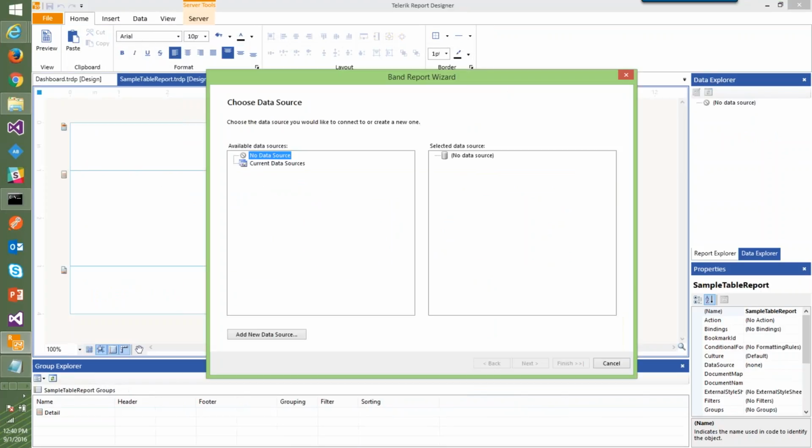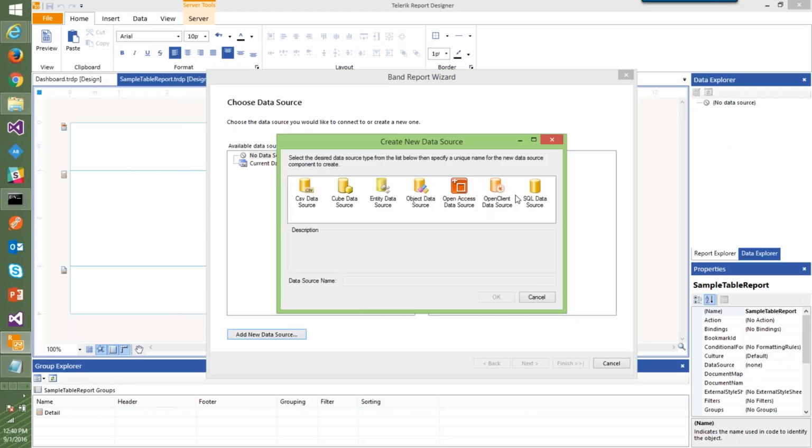The moment I do that, it is actually gone there. So now it is asking me, okay, I understand you want to create a sample report, so what's the report data source? So this is how you design a report in Telerik reporting world. So I will say add new data source, and I'm going to select the SQL data source, and I will say this is main data source,